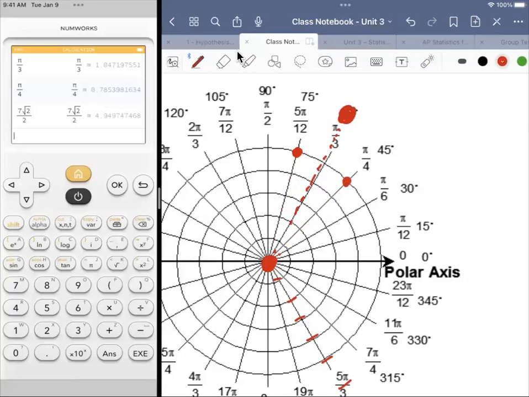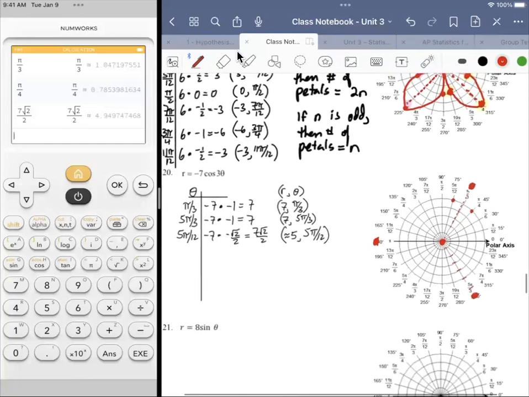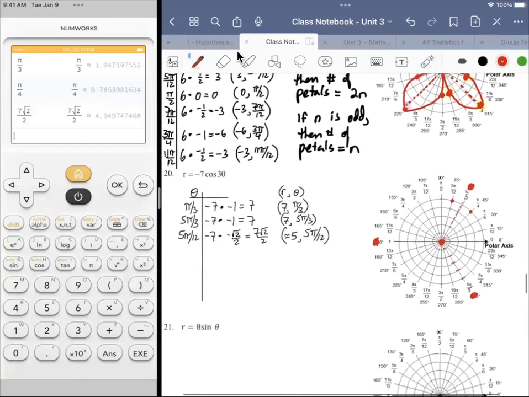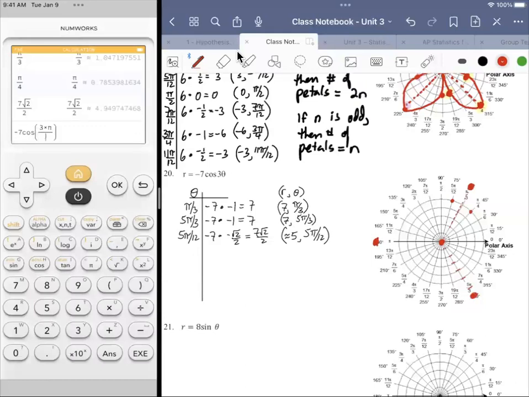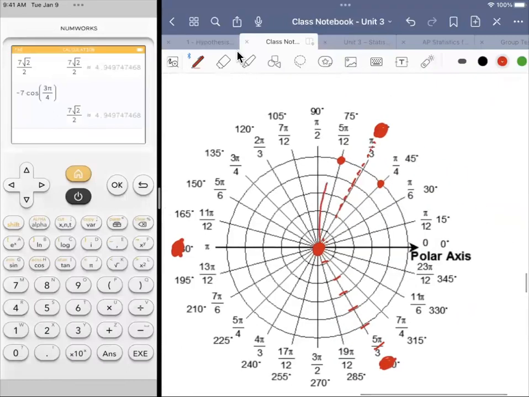And you can verify it. You know, it should give us the same about 5. Right. And if you want, -7 cosine 3 times pi over 4, you get the same approximate value. And it helps to know how many petals I'm supposed to have,